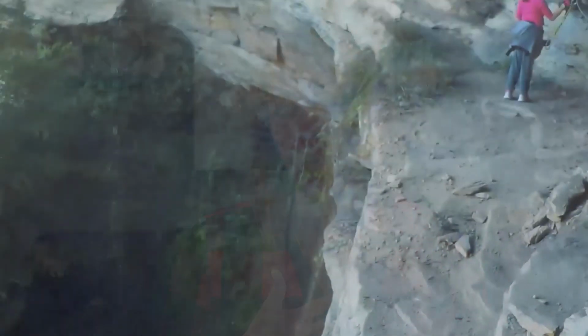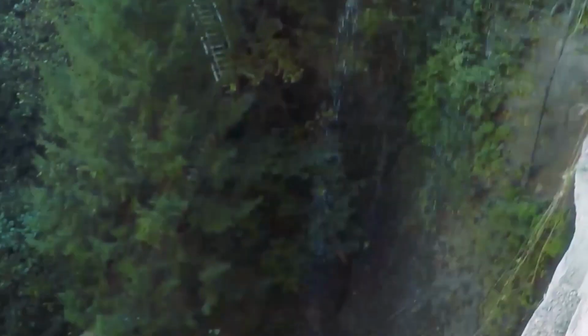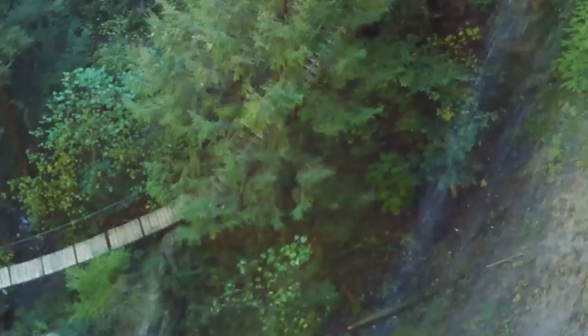There are beautiful views from up there. There's a little rock crevice that you can sit on, a ledge that you can sit on for a while. Just past that, there's a waterfall. They have like a swinging type bridge, and after each section, there are 6 sections, 2 easy, 1 intermediate, 1 advanced, and 2 expert. And after each section, they have an exit ladder